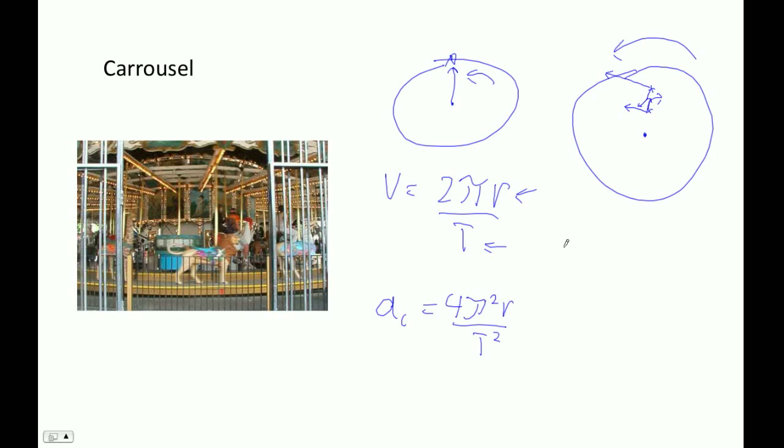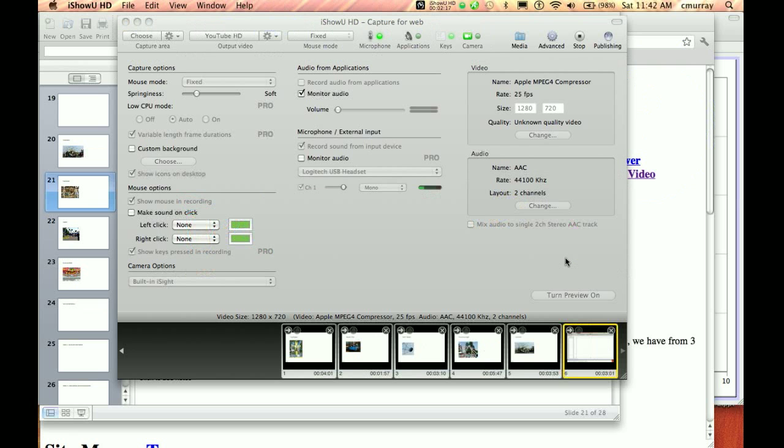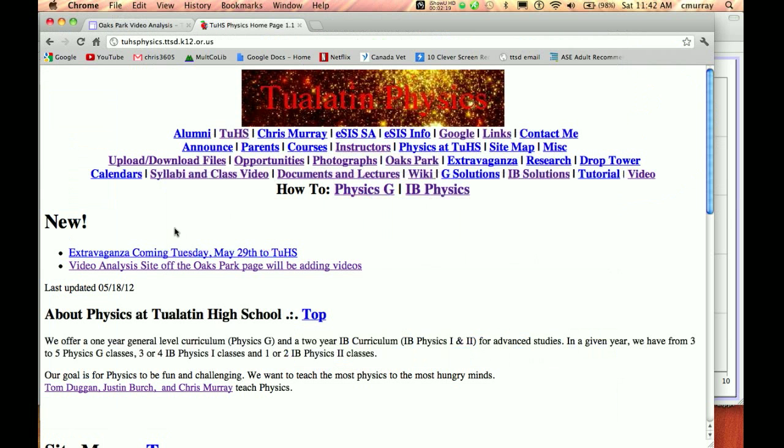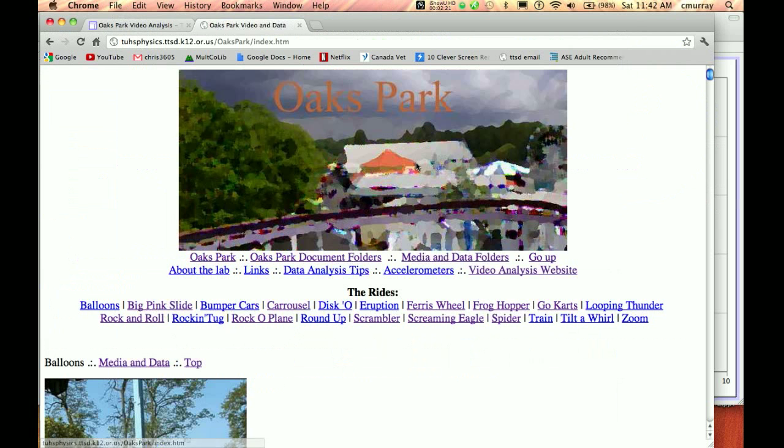Those are just ideas on the carousel. Be nice to the carousel. It's old and famous. Let's look at the website. Whoops. Okay, let's look at the website. If you go to Oaks Park and you go look at the carousel,